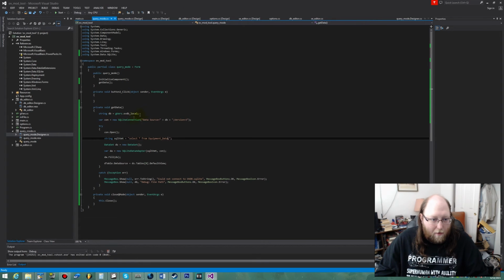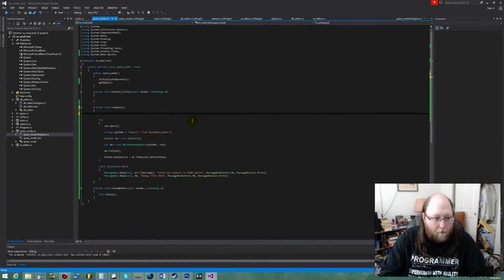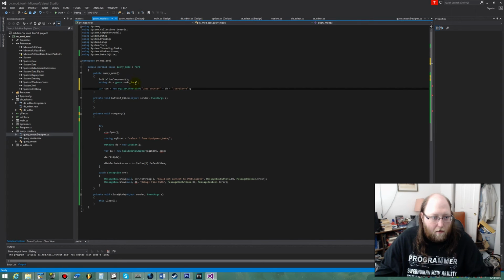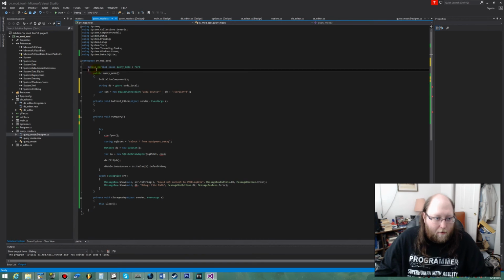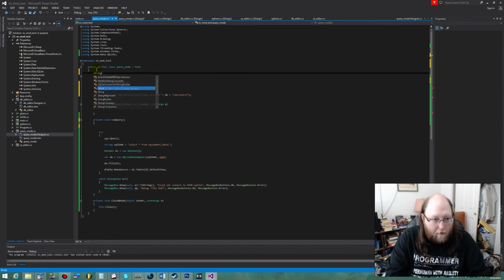So we'll leave this the way it is, except we're going to change this now to, instead of get data, say run query. This stuff though, we're going to move up to here in the initialization, so it'll just be sitting up here. However, I do want to do the, so we'll do string db